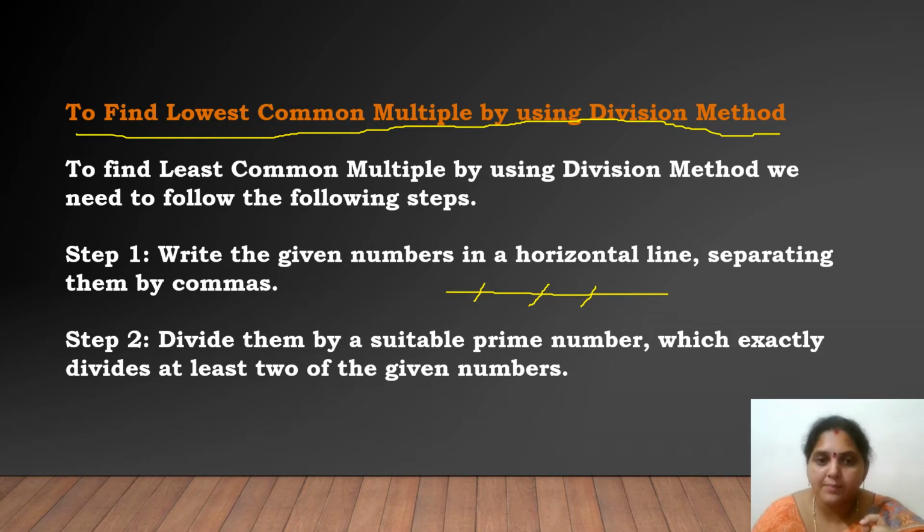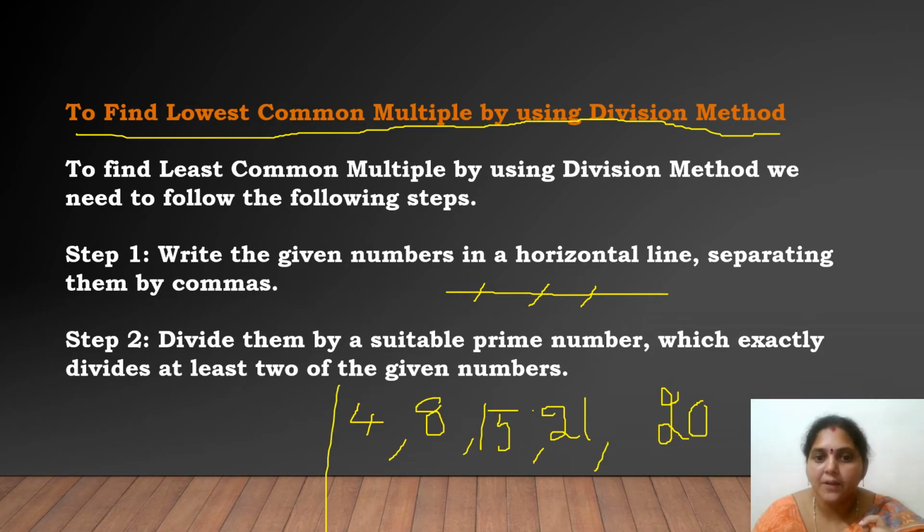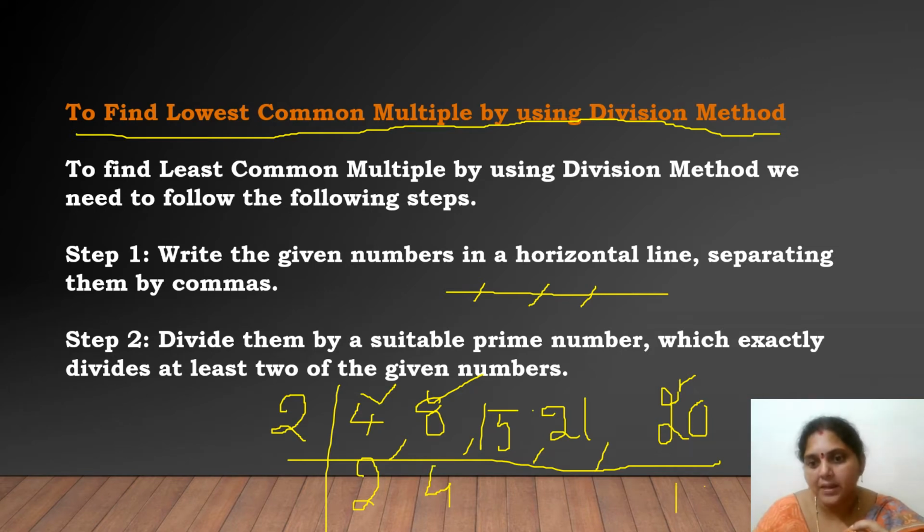If you have taken more numbers, for suppose 4, 8, 15, 21, 20. These are my numbers and I have to do the prime factorization method, division method for this. If it is like this, you have to take the prime number which divides two or more numbers in the horizontal line. So, 4 can be divided, 8 can be divided, 20 can be divided. So, I can take 2 as my prime factor for division. 2 2s are 4, 2 4s are 8, 2 tens are 20,